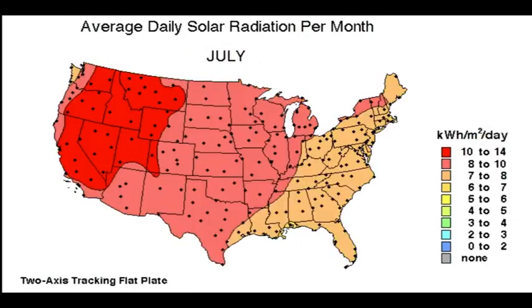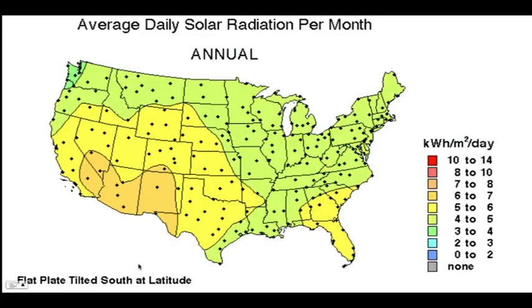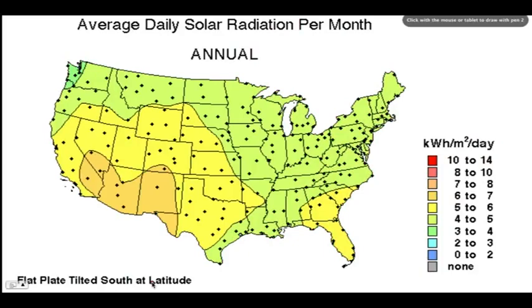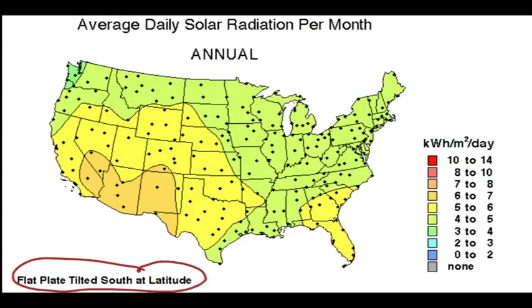And another example, this one is the last one. This one, I didn't mention, the tilt angle is tilted up to the south, being in the northern hemisphere of the U.S., at the latitude and on an annual basis. The next one